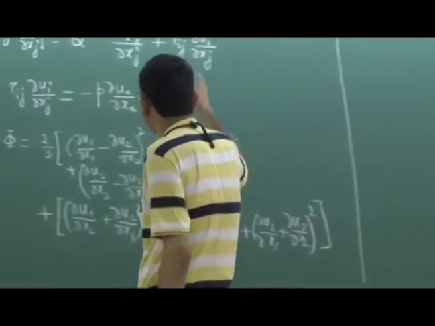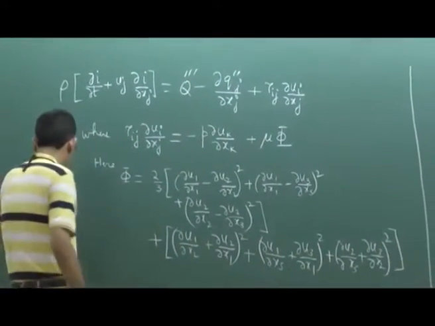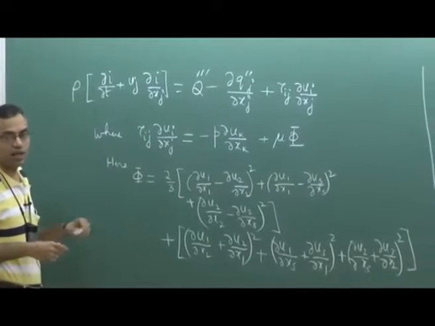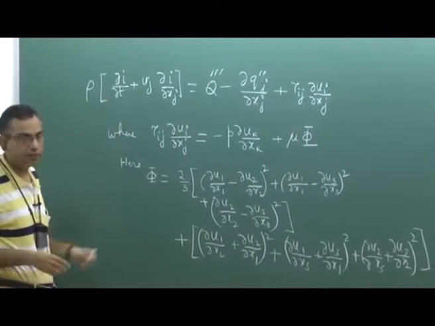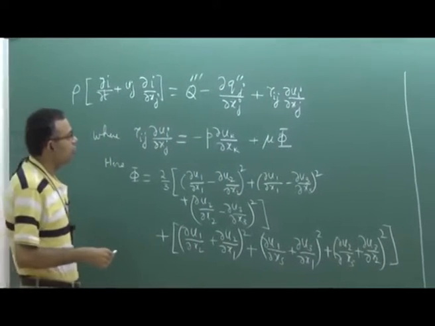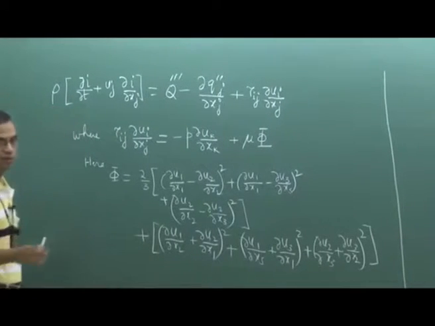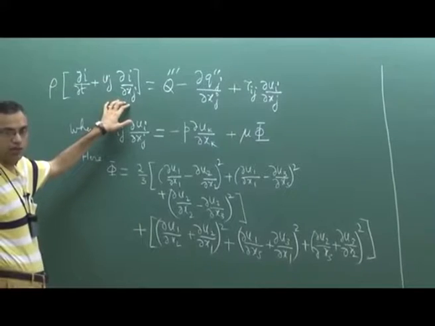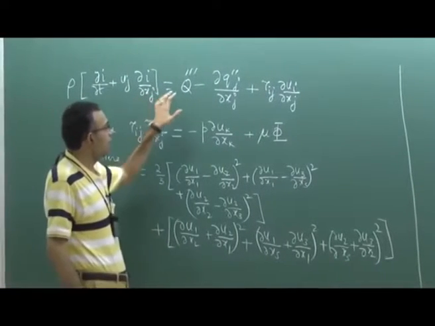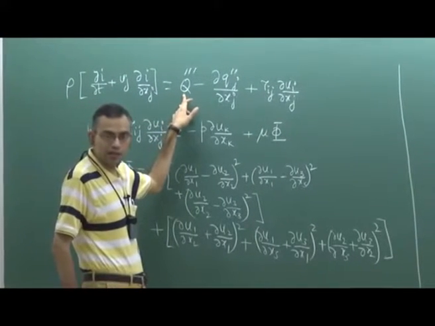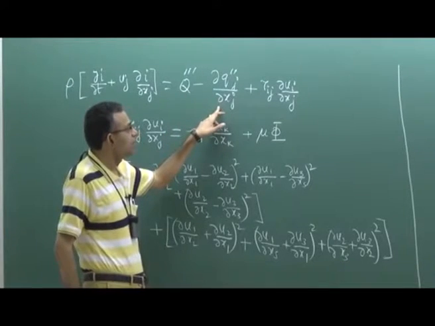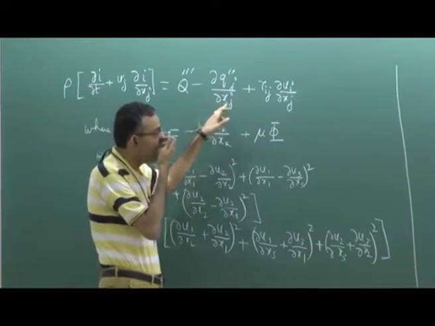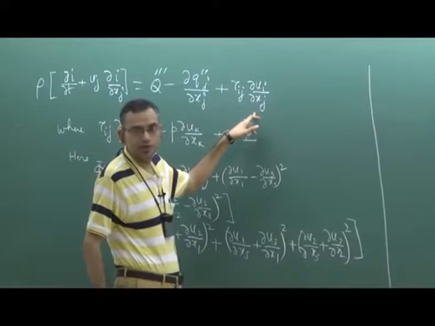That equation is written here, with I as the internal energy. The various terms: this is the total rate of change of internal energy. This can be attributed to volumetric heating, surface heat flux and viscous dissipation.